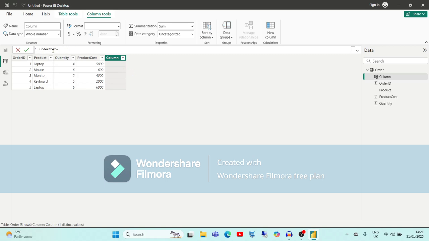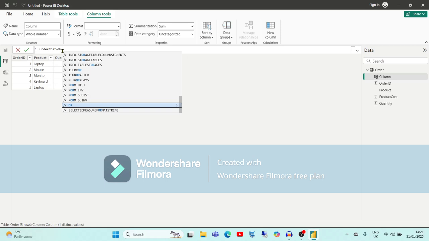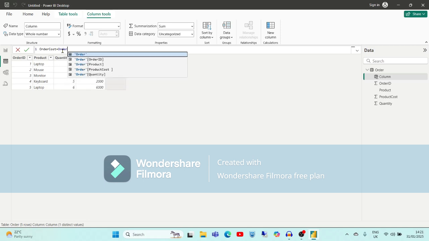Okay. So I will give the formula: order cost is equal to. Now we are taking these values from the order table, so I will type order. Now see, from the order table, whatever columns we have, it is giving the names of all. I just want to multiply with quantity, so I will take here quantity into order of product cost, so order cost is equal to order of quantity into order of product cost,